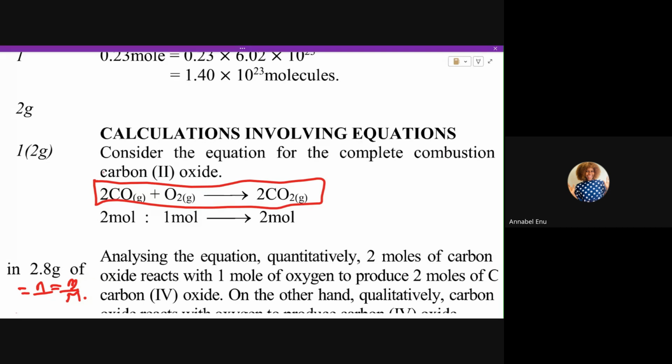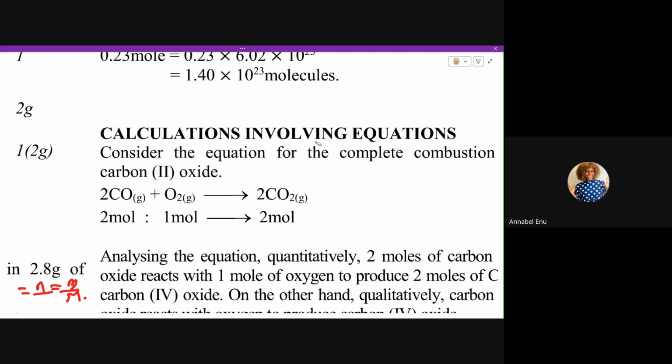So since it is balanced, we're going to determine the moles. 2 for this whole substance, 1 mole for this whole oxygen, and 2 mole for this whole substance again. And that is why this is the mole ratio. So if you are being asked how many moles,